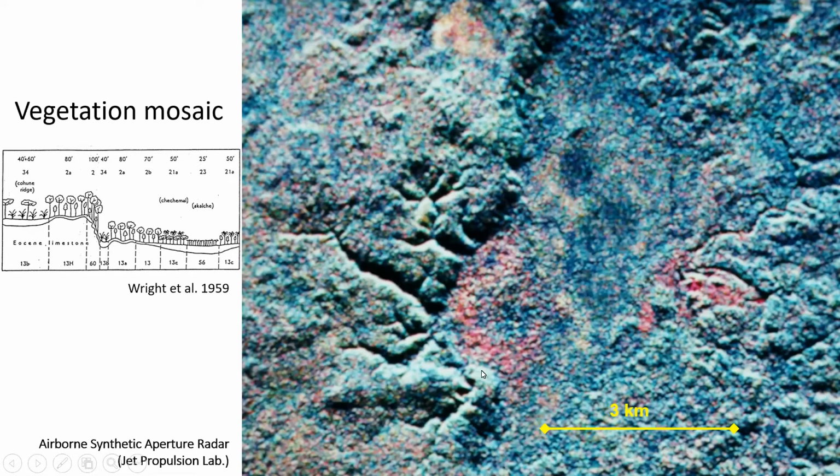And so going back to the diagram, this diagram is reflected in the airborne SAR image. So for example, the red areas are palm forest. The deep blue areas are a thick swamp forest. The areas that are more light colored and with sort of a broader grain are upland tall forest. And you can see both how these things are distributed across the landscape, but also how they relate to topography.